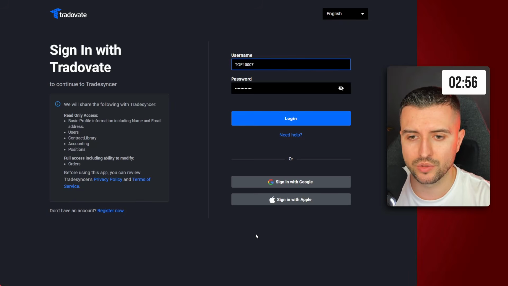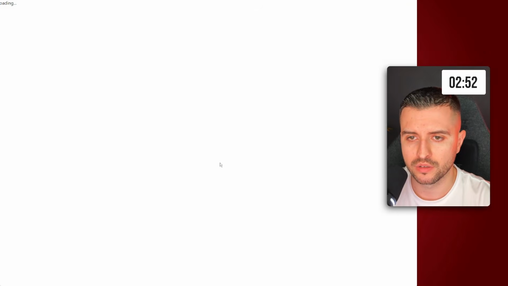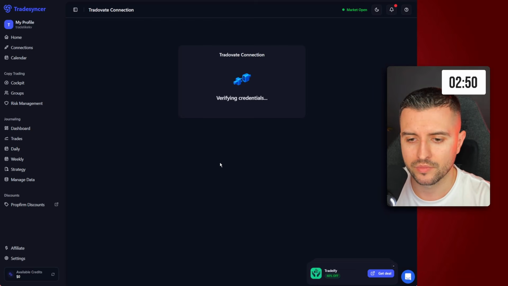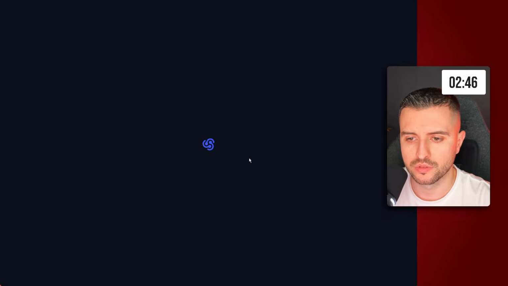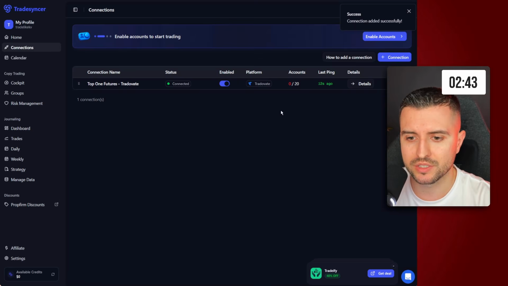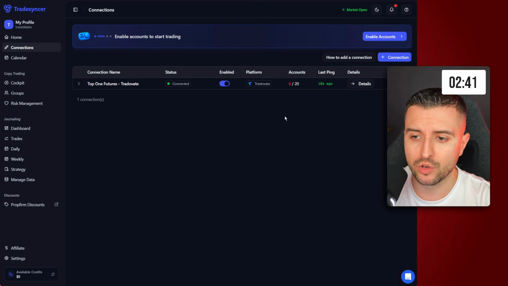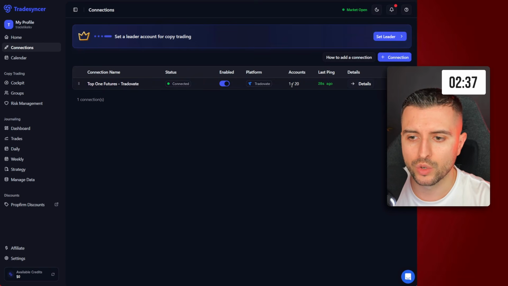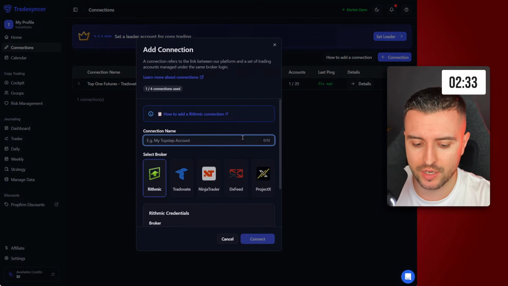It will send us to the Tradovate page: username, password, login. It will verify the credentials. And it says success, connection added. And then all you got to do is go to details and turn on your accounts. Okay, I have loaded one of my Top One Futures accounts here. Okay, next thing to do is add our Lucid Trading account. So Lucid Trading,